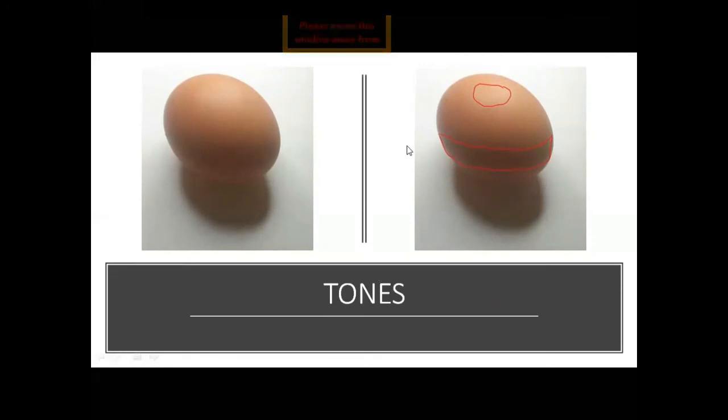As you can see in both pictures, this one is a little bit the brightest part, and this is the darkest part, which shows the tone, which shows the direction of the light. So whenever you draw any diagram with tones, you will focus on the source of the light, and to draw the tones you will use a black pencil or a lead pencil.